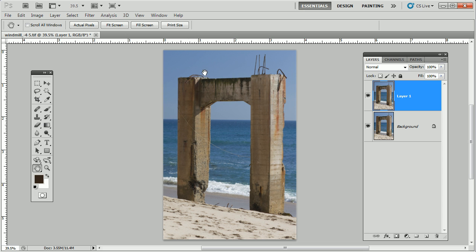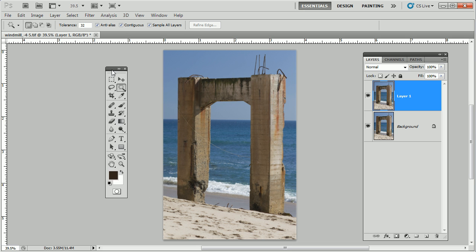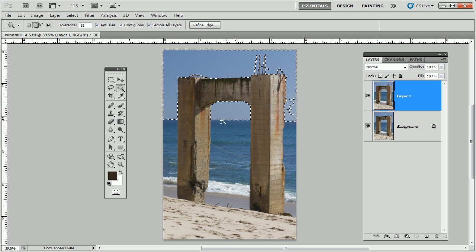Okay, so let's go ahead and start by selecting the background. I'm going to select the magic wand tool. I can click it here on the bar, or I can hit the W. Since the sky is fairly one color, I'm going to select it, and it's going to select it pretty well. Now, with the magic wand, I'm going to have to hold the shift key to continue to select areas